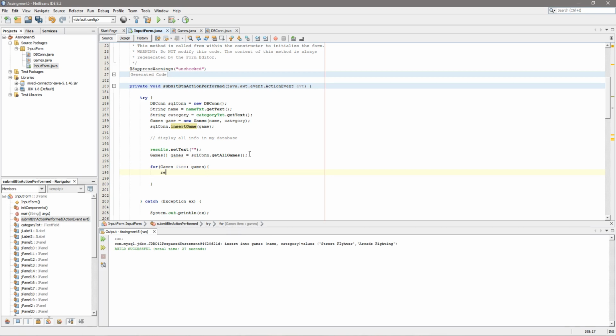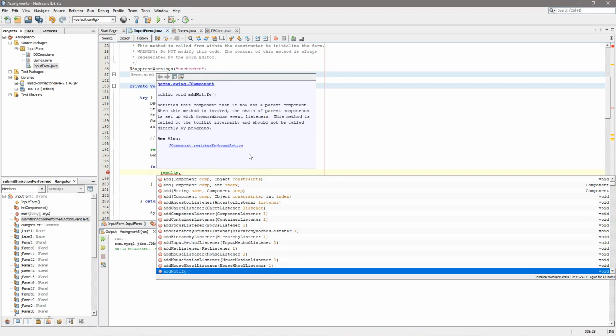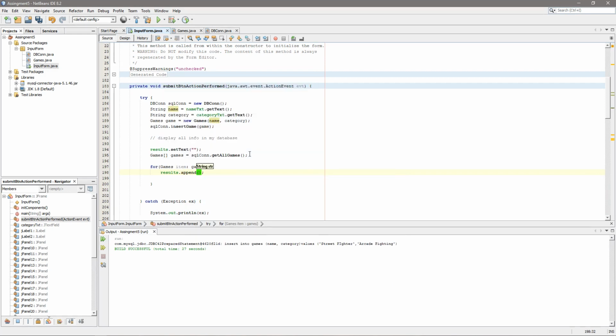So the results dot append, probably, yeah, append. What I'm going to append is the string dot format. I will call it like game, and string, and category,